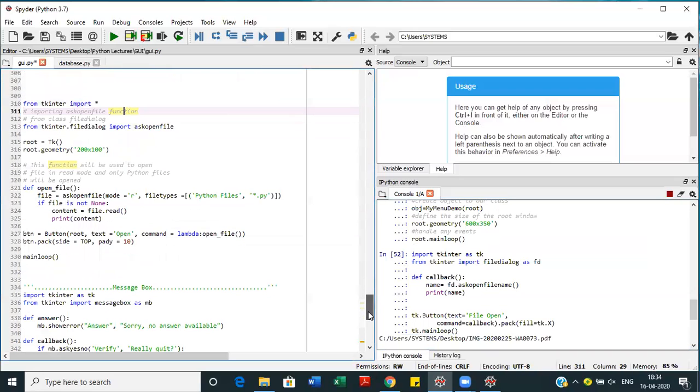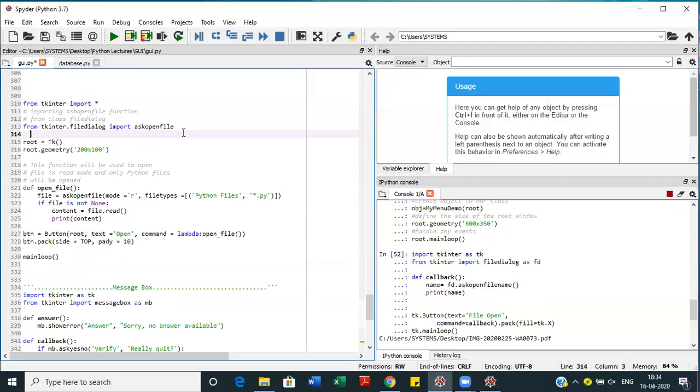In the same way, there is one more program to explain the dialog box. Here, what I need is for all the Python files with .py extension to be shown. And if I click on any particular Python file, it should be read only, and then it should print all the content which exists inside that Python file. So for that, what we have done here is,